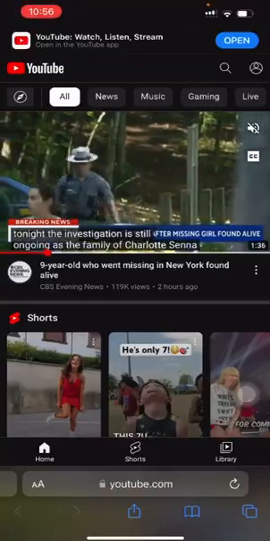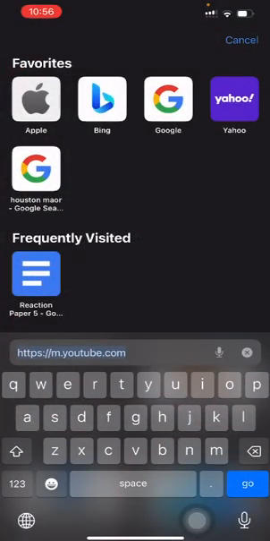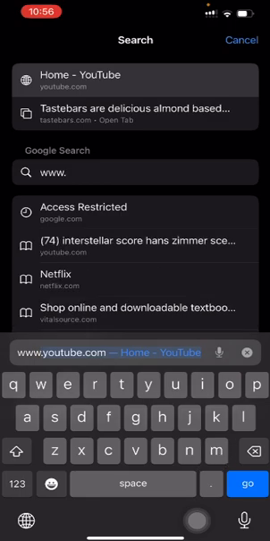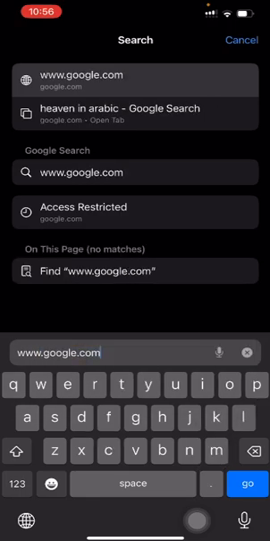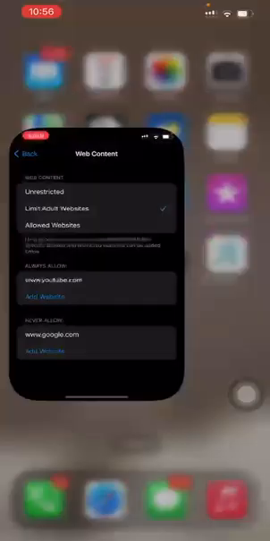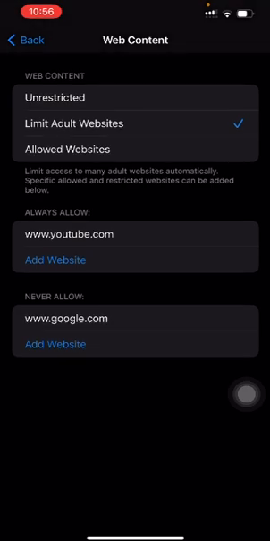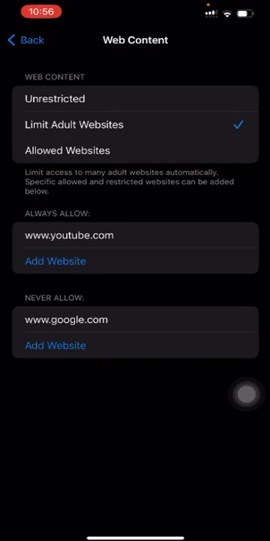But changing this, I can also type in www.google.com. And with this, you can see that you cannot find Google. I can type in Google, but I won't be able to load Google. That is because with settings, I put it on the never allow portion. And with that, that is how you pick different websites that you don't want your child to watch for safe view. So from here, we'll go back